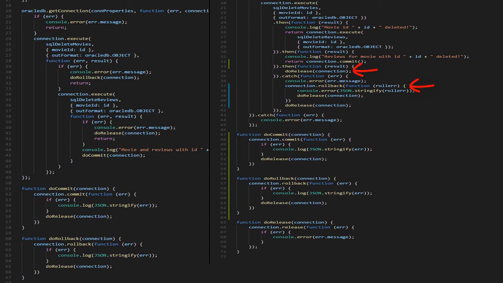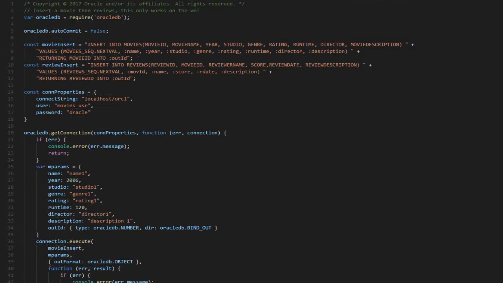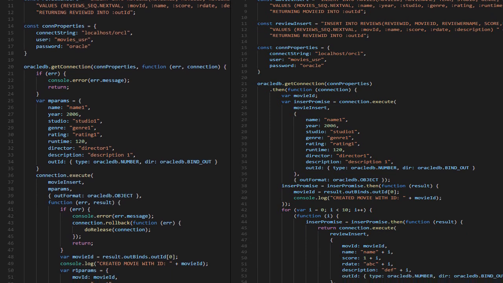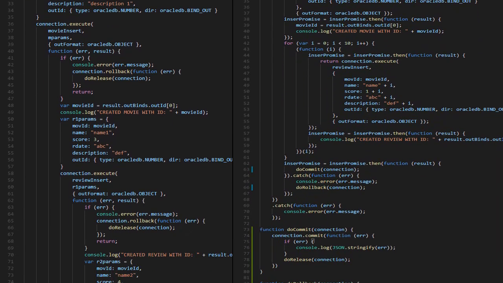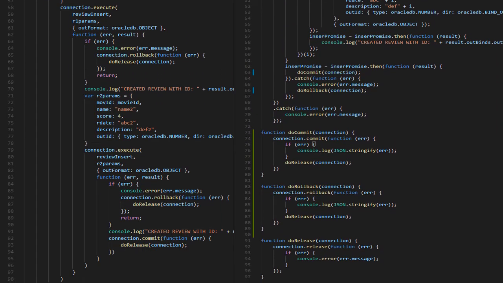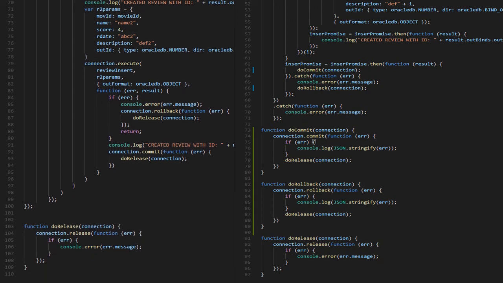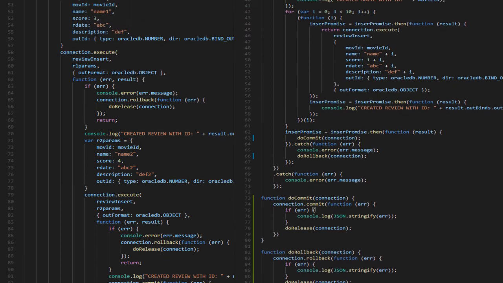The most drastic example in the series is the insert script. The previous insert script inserted one movie and two reviews in around 100 lines of code. The new script inserts a movie and 10 reviews in about 80 lines of code. This is done with extreme ease. First you get the connection. I need the movie ID once I have it in order to run the inserts in the reviews.